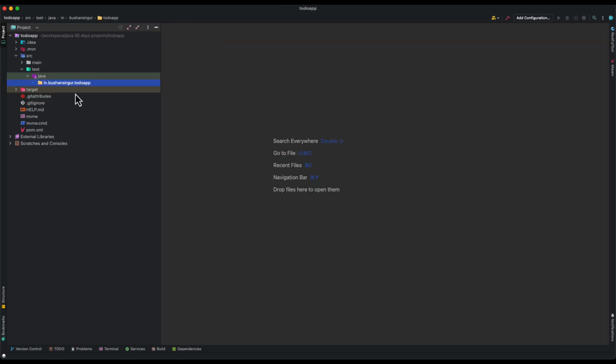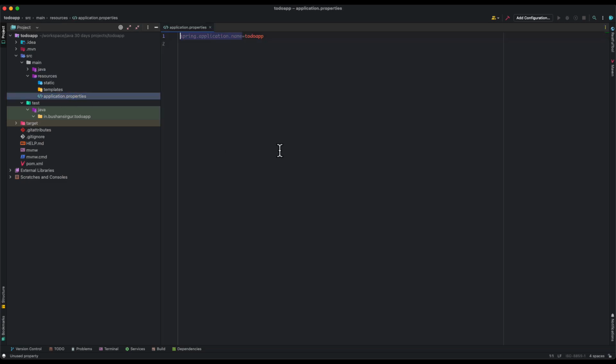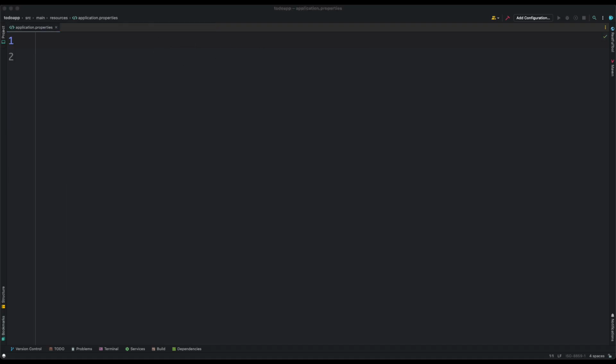Next, let's close this. Let's open the resources, under that the application.properties file. This is the property file where we can configure the application by adding properties. Inside this, we are going to add the database information. Let's add the properties one by one. We are going to add the MySQL URL, username, and password. Also, we need to tell JPA how we are going to create the tables. First, let's add the URL, the MySQL URL,